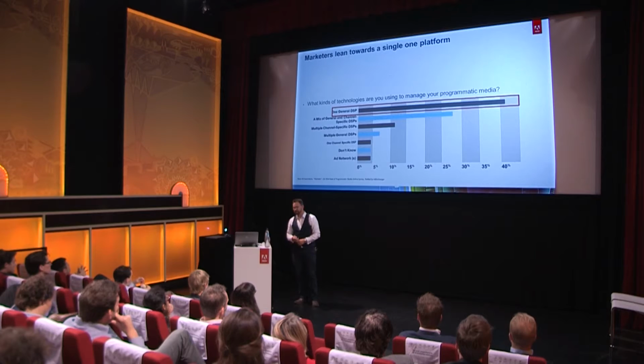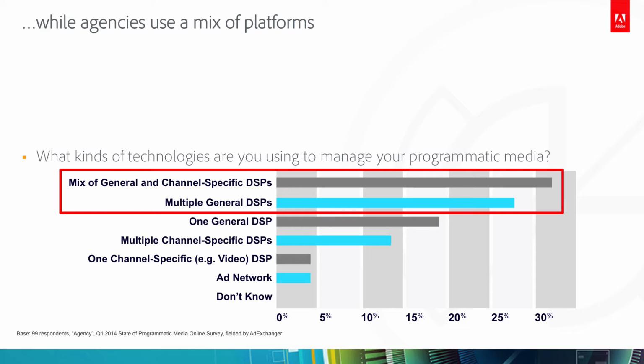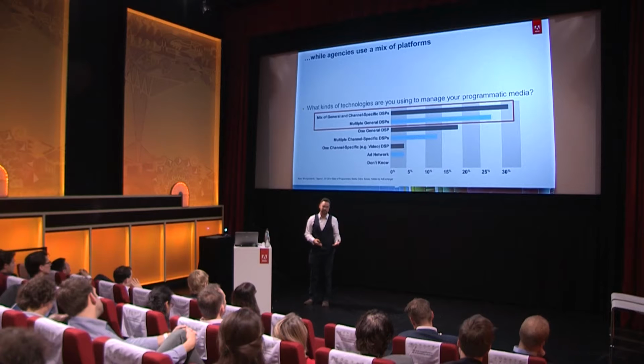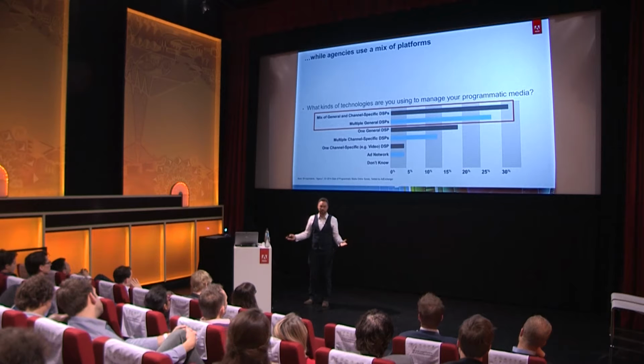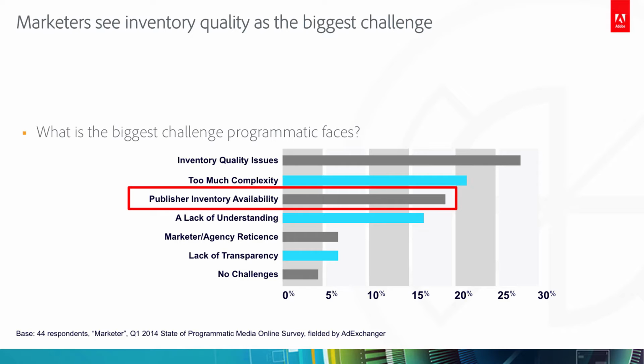And then, even though in-house teams seem to lean towards one platform, we understand that some of you are from agencies and have to be able to connect with many different types of tools. And so we've designed Media Optimizer and Audience Manager in a way that, whether you're in-house or an agency, we can connect with a variety of tools that you use. And even though maintaining inventory quality is a challenge where we have to really focus on the audiences that we're going after, it's still possible to overcome the complexity of that market and get the returns we need.